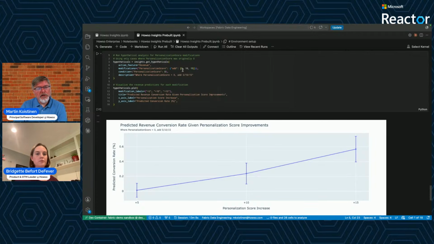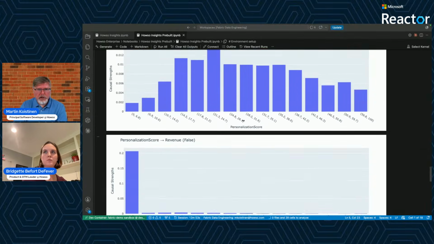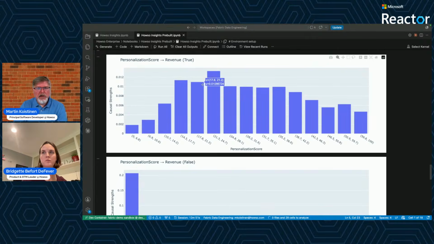We can certainly also do more than just a 5, 10, 15 hypothetical on the personalization score. We could make that more granular. We could add more notches, if you will. If we saw in this chart that the personalization peaks here, then, if we're a retailer and it costs us next to nothing to do the personalization, we would go all the way up here and collect all of this extra revenue driver.